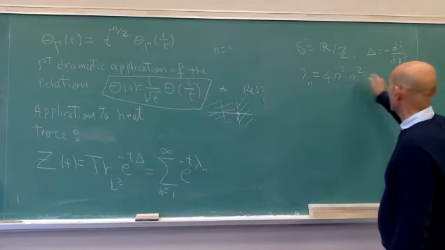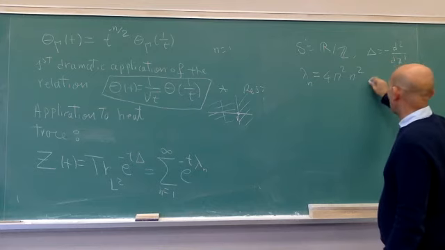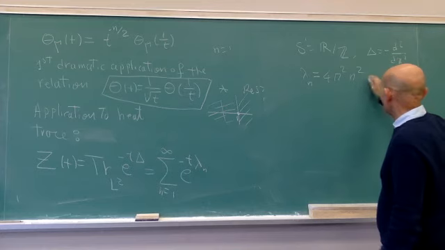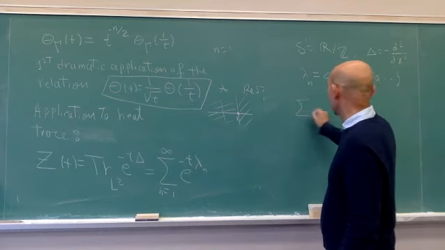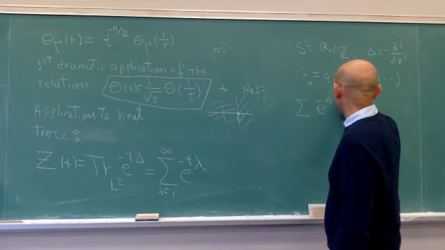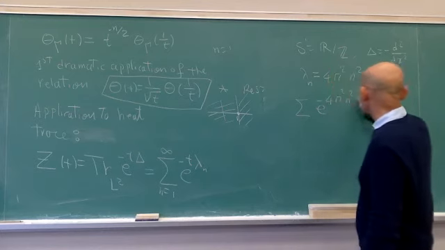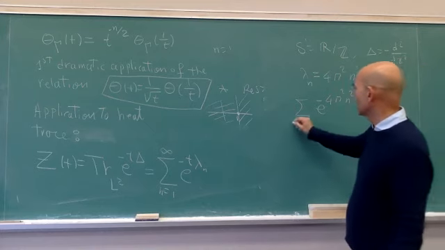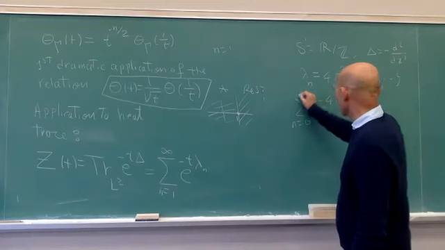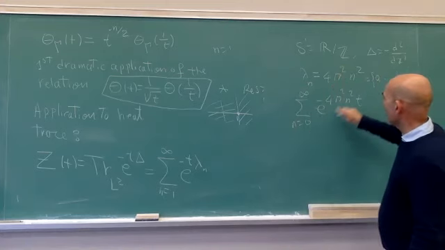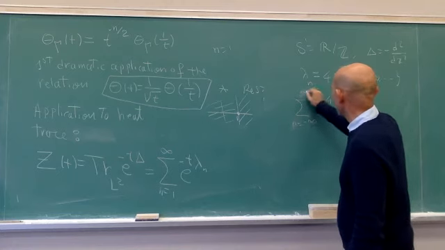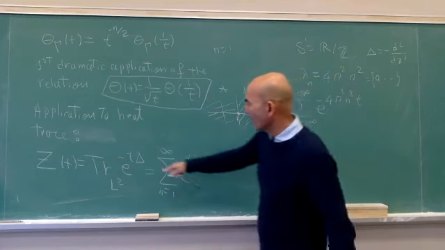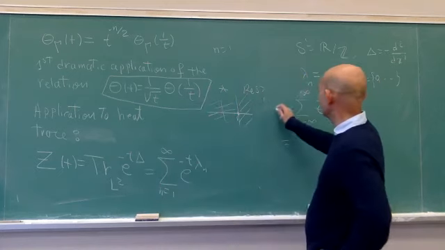4 pi squared n squared. It starts with 0, and 0 has multiplicity 1, but the other ones... So what is that? That's equal to the sum of exponential of minus 4 pi squared n squared t, n from 0 to infinity, but with multiplicity counted, so here you should say n from minus infinity to infinity. So this operator trace